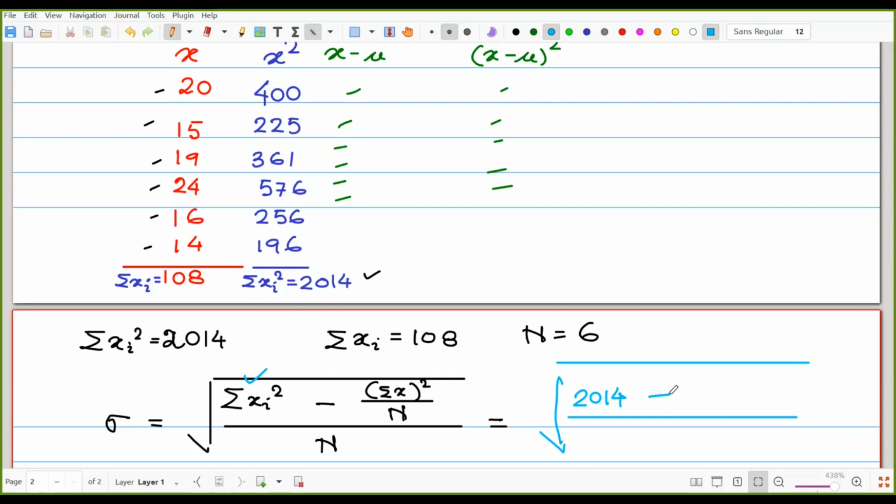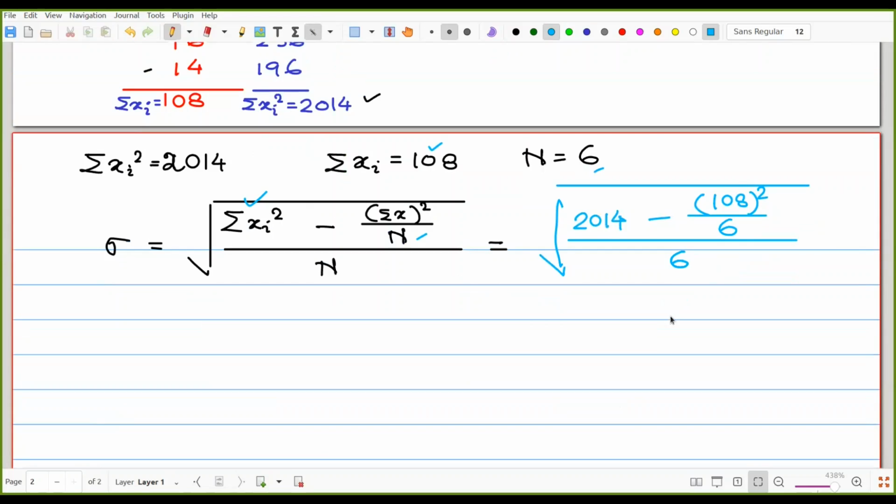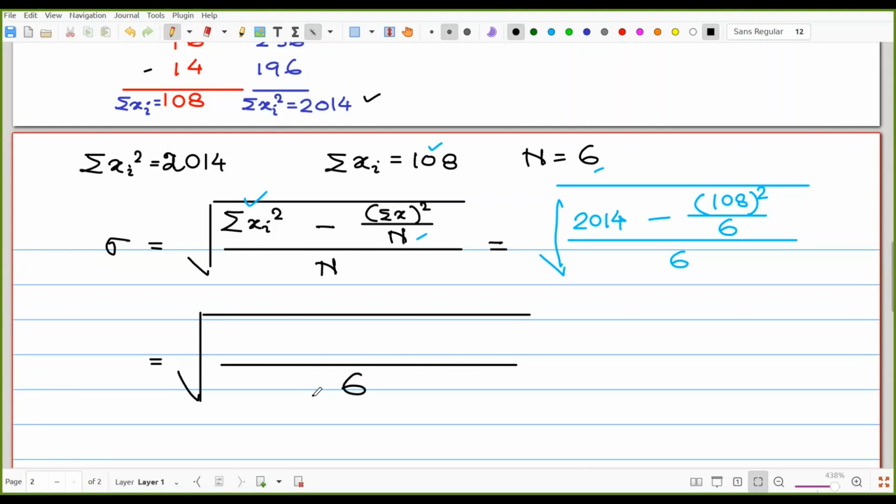That is one minus summation of x, that is 108. That means 108 its whole square, then divided by n. So n is equal to 6, and then divide by n. So that is divide by 6 and we get, after calculation, that is we may write it or calculate it in that way. Complete division by 6 and here that is 6.